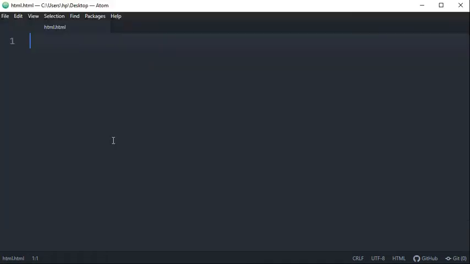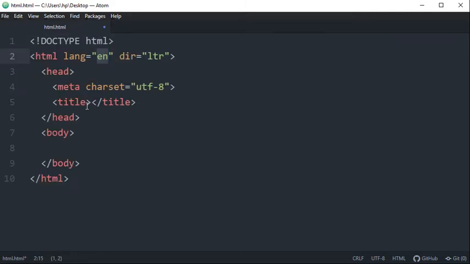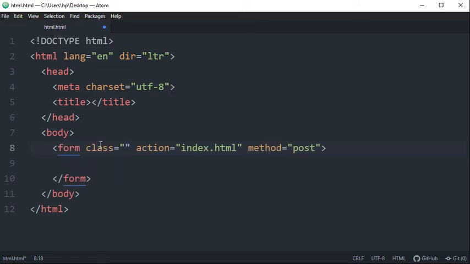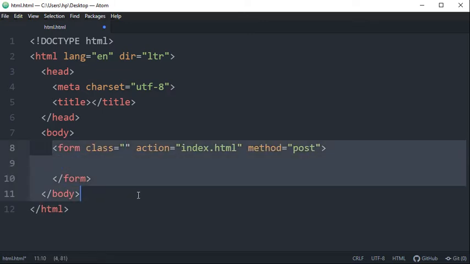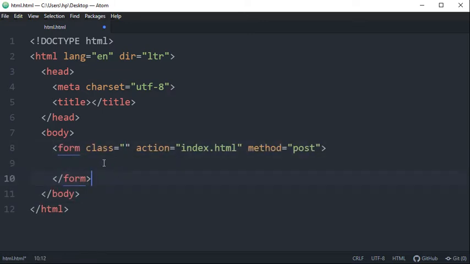So, this is the syntax. What I'm going to do here is form. Guys, don't forget this element. Unless you define this element, the submit button and reset button won't work. So I've already defined the form element here. Now I'm starting to define input fields.